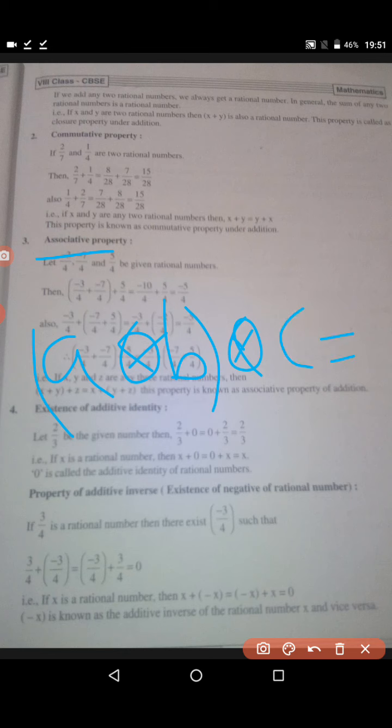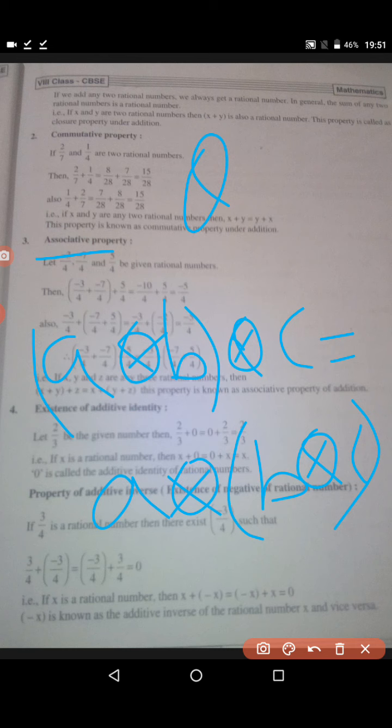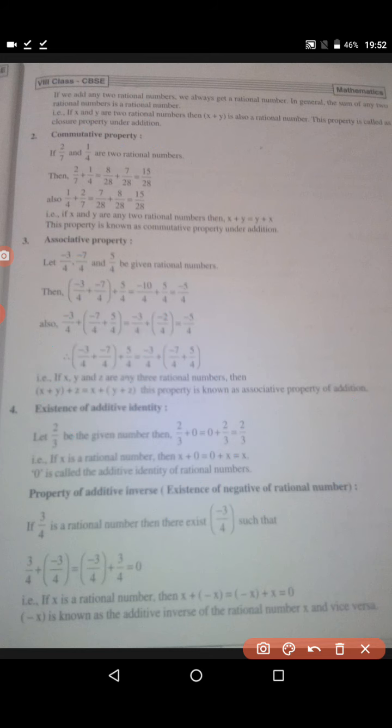Next, that should be equal to A operation B operation C. How you should read it is, if instead of operation I have plus, then A plus B plus C should be equal to A plus B plus C. So like that you should read this associative property. Now put down one number each for A, B, C, then you will get to know what it is. When you put them down, you will get the same answer.